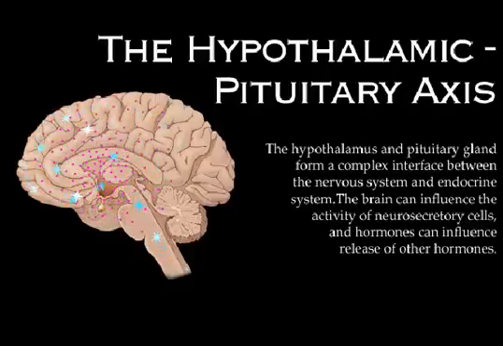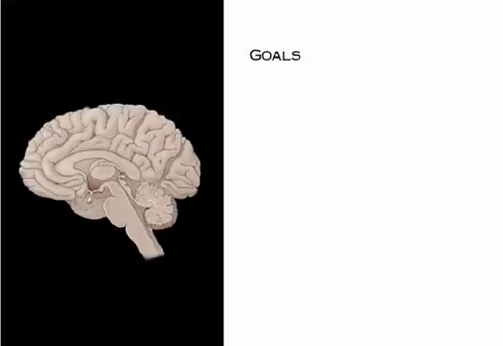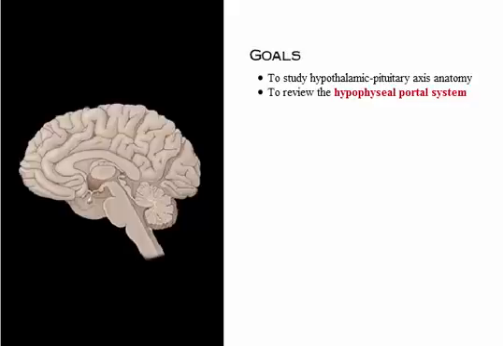The hypothalamus and pituitary gland form a complex interface between the nervous system and endocrine system. The brain can influence the activity of neurosecretory cells, and hormones can influence release of other hormones. Your goals for learning are to study hypothalamic pituitary axis anatomy, to review the hypophyseal portal system, to identify the